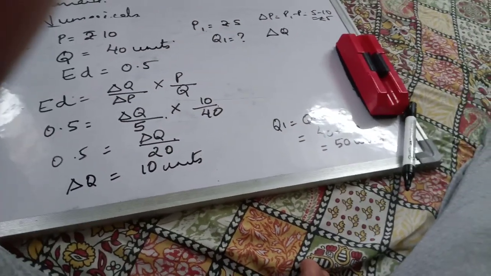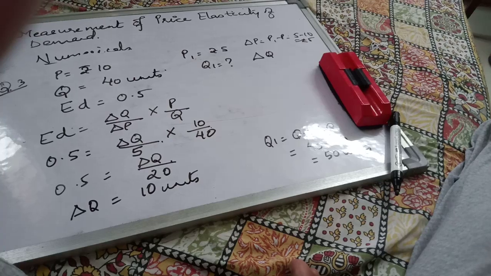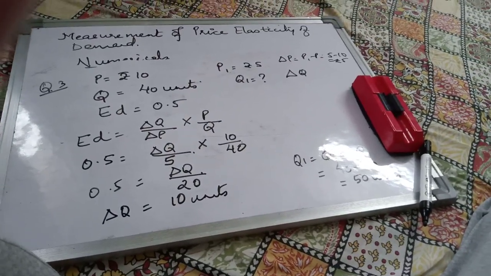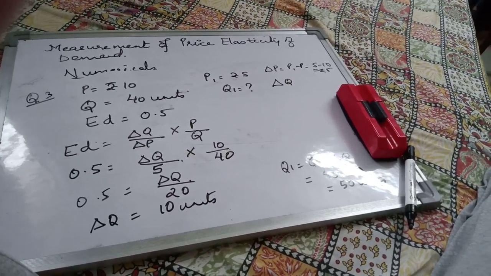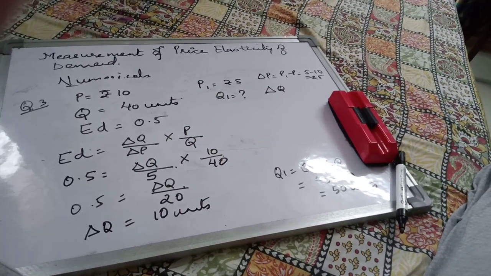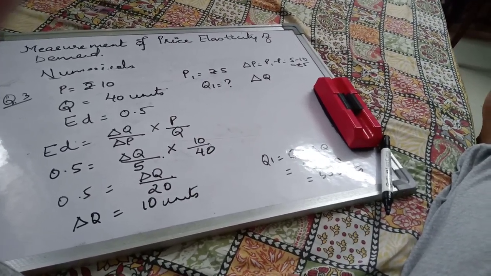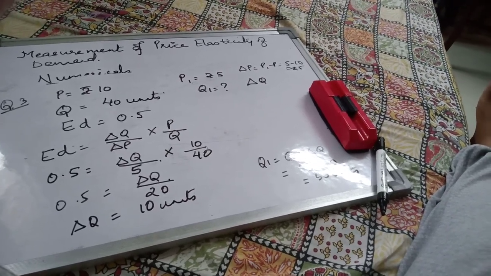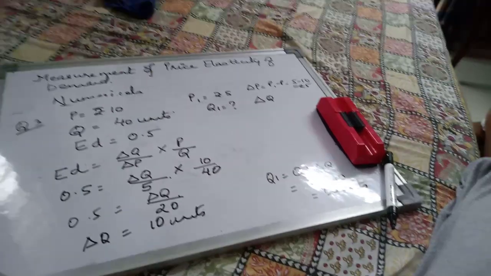Okay, so I'm giving you another question of this kind, so do it. The price elasticity of demand for a commodity is 2. A household demands 20 units of a good when price is rupees 5 per unit. How many units of the good will be demanded when its price falls to rupees 4 per unit?